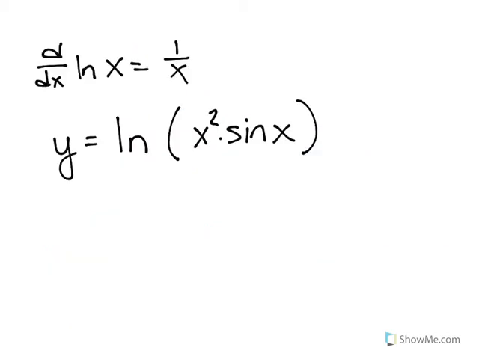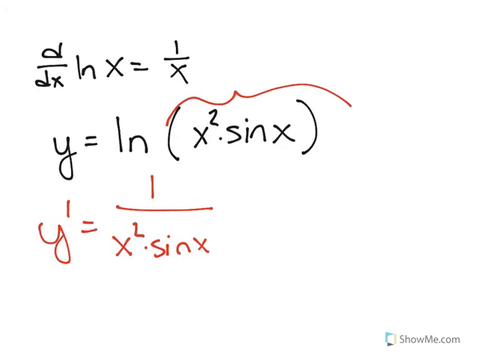And in this problem right here, we're taking the derivative. Let's find y prime. The derivative of the ln of something is 1 over something, so it becomes 1 over x squared times sine of x times the derivative of the inside. Remember, when you have two things multiplied, it has to become a product rule. Sorry. So u is x squared,